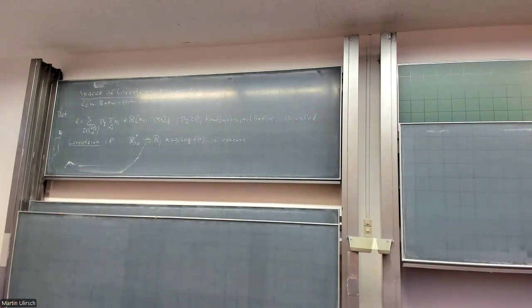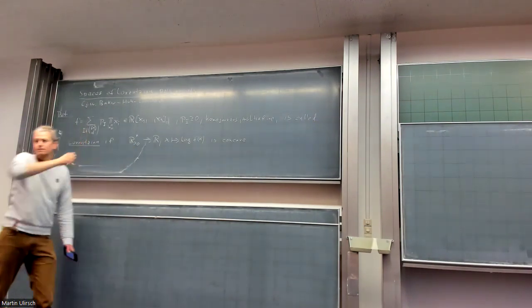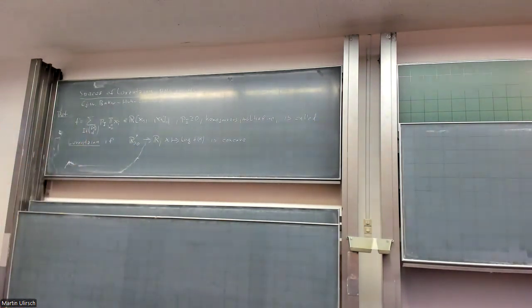And they used it to prove some concavity statements or log concavity statements on discrete sequences of numbers associated to matroids. So maybe it's not obvious from this definition, but this class of polynomials has actually a lot to do with